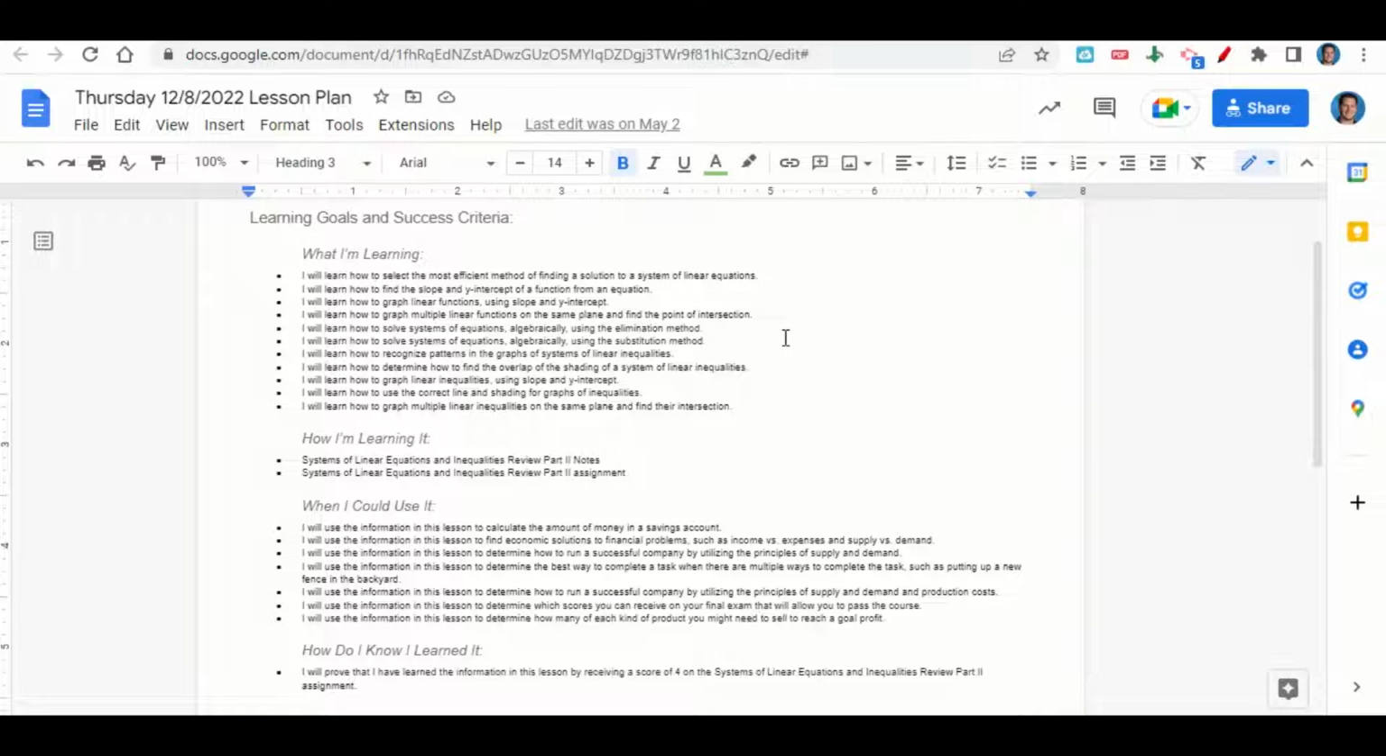To calculate the amount of money in a savings account, to find economic solutions to financial problems such as income versus expenses and supply versus demand, how to run a successful company by recognizing and utilizing the principles of supply and demand, to determine the best way to complete a task when there are multiple ways to complete the task, such as putting up a new fence in the backyard,